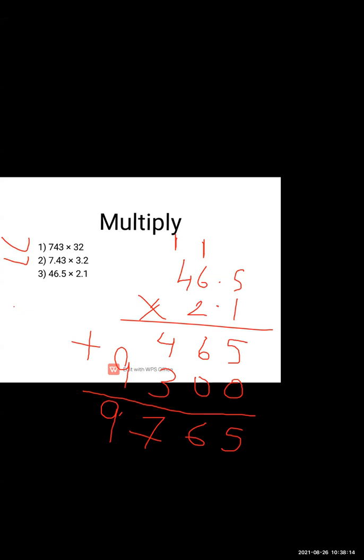Okay. So here we got the answer now. Now we have to give a decimal point. So we will count the numbers. That is after 5 a decimal point and after 1 a decimal point is there. So after how many numbers will we give a decimal point? Very good. After 2 numbers. It means what? Write down the whole answer with the decimal point.